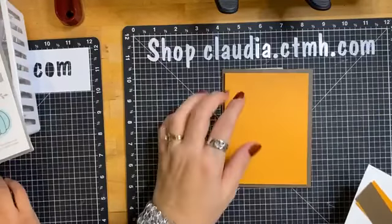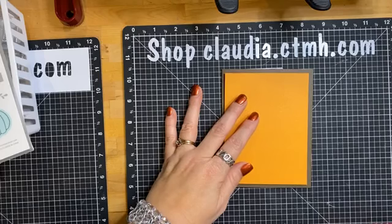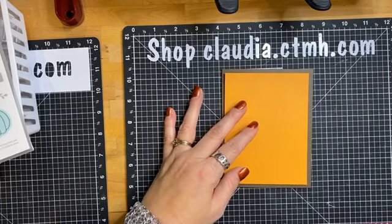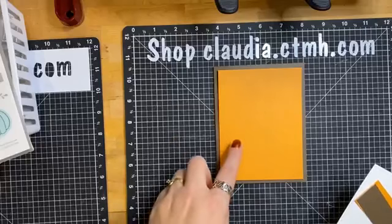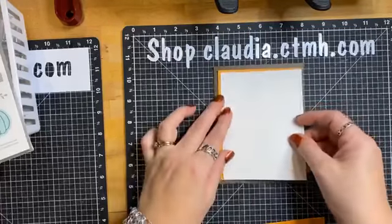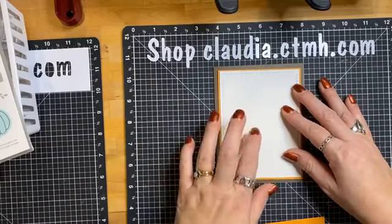I have this tangerine or nectarine. What's my orange color? Look on the orange. Nectarine? Okay, so our nectarine cardstock cut at 3 7/8 by 5 1/8 because we do have our stitched rectangle card front